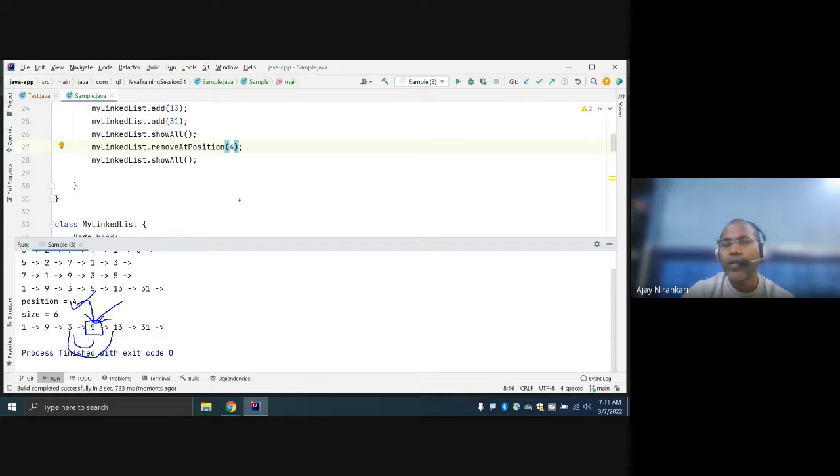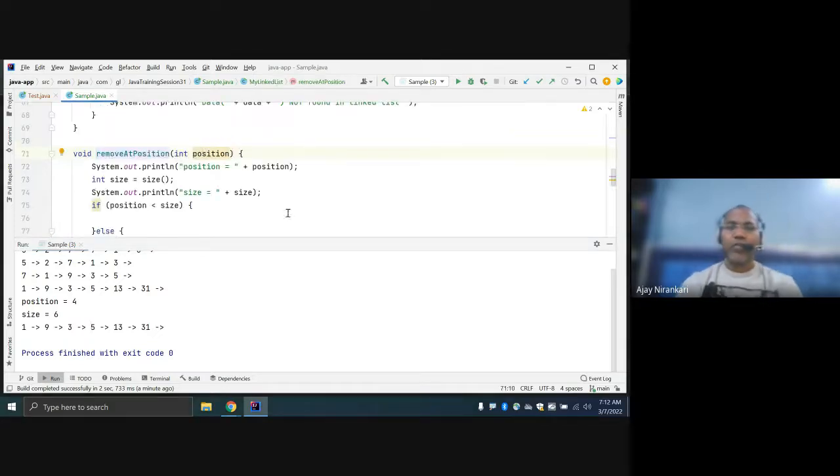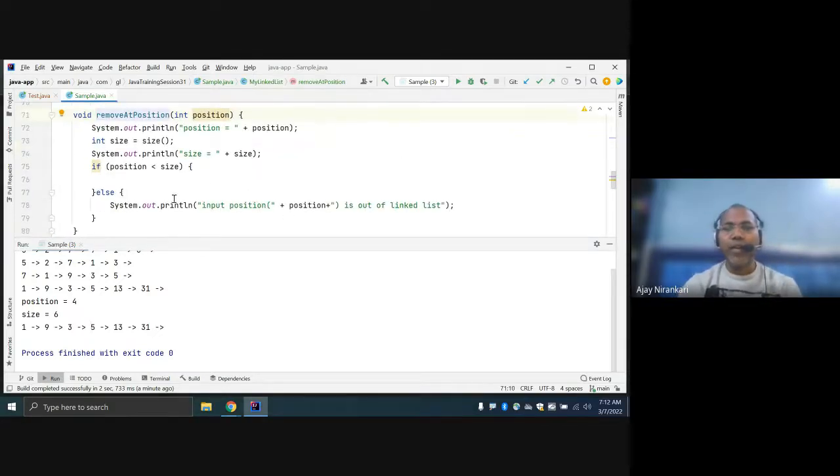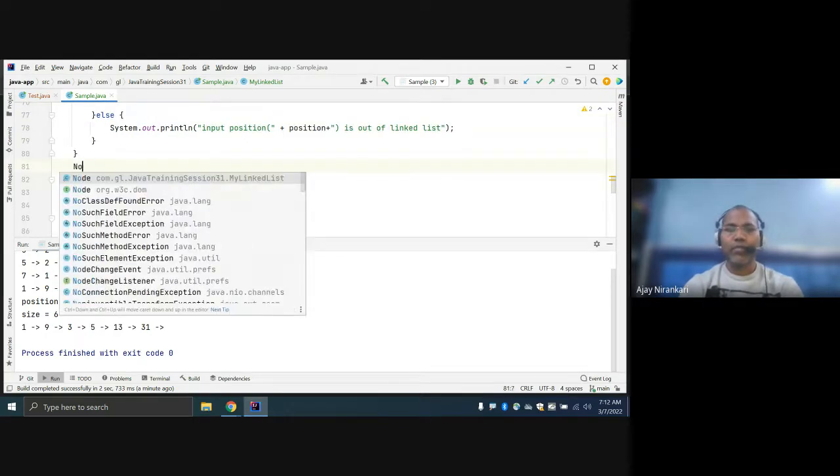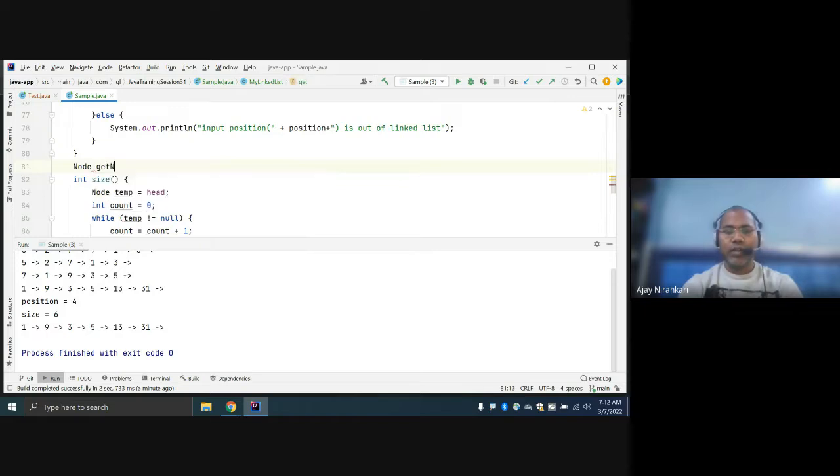You write one method that finds the node for a given position. Is it okay? So you write a method that gives me the node at the position. So getNodeAtPosition, and let's say your position.